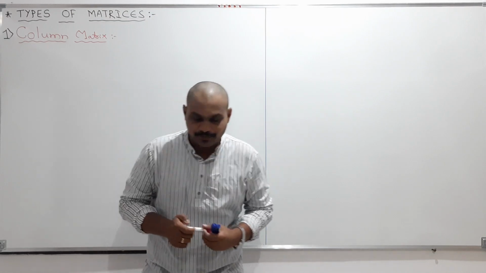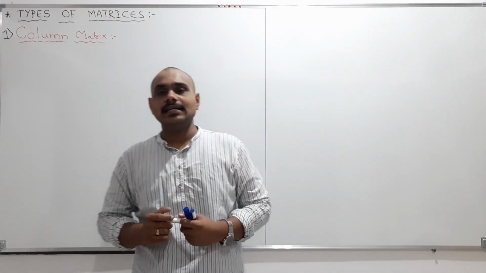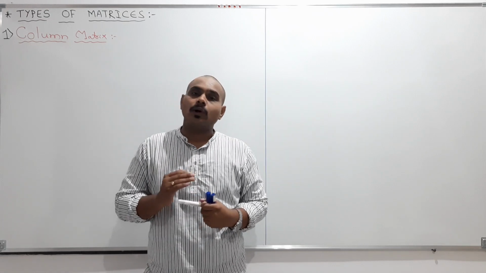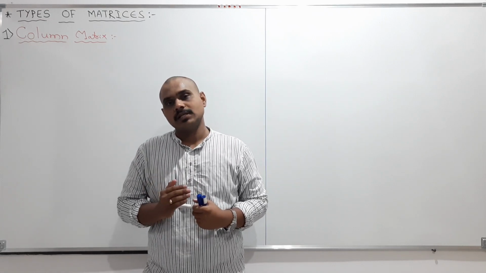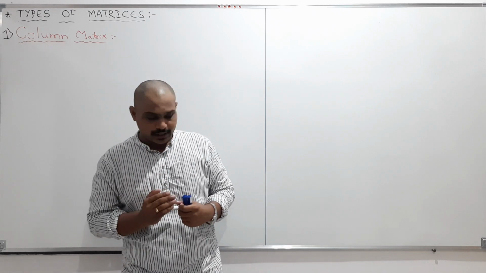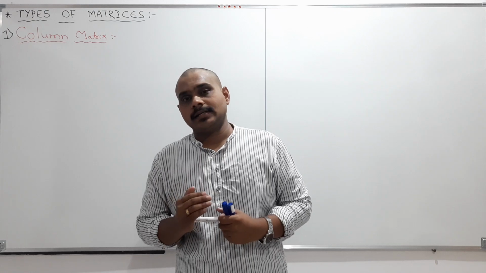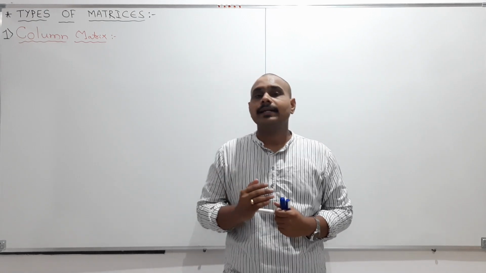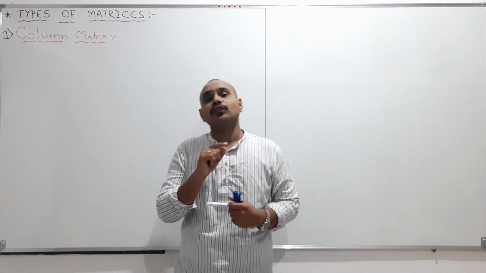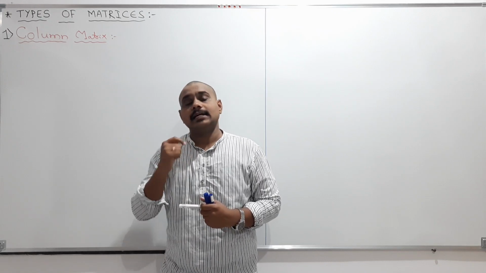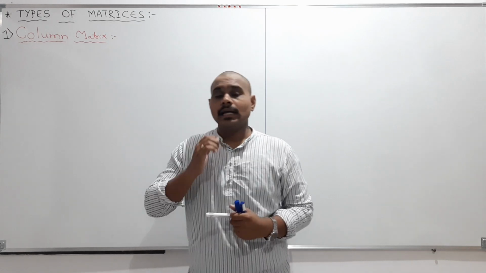Hi my dear students, in the previous videos we discussed the definition of the matrix, what rows are and what columns are, and also how to write the order of any given matrix. So how will you write the order of a given matrix? The number of rows and the number of columns will give us the order of the given matrix,